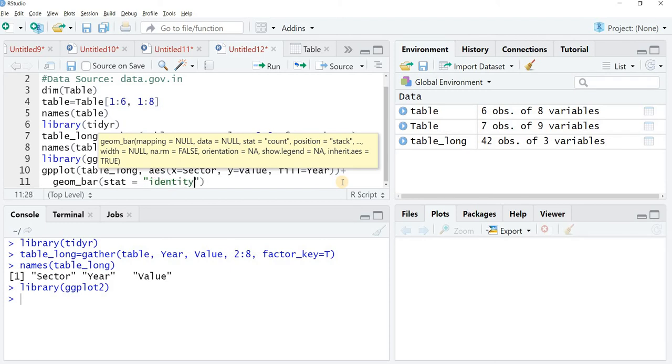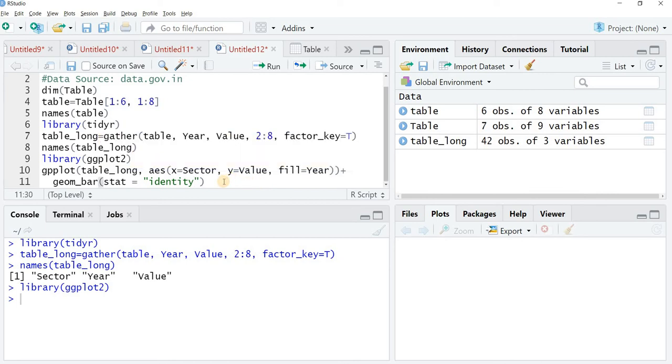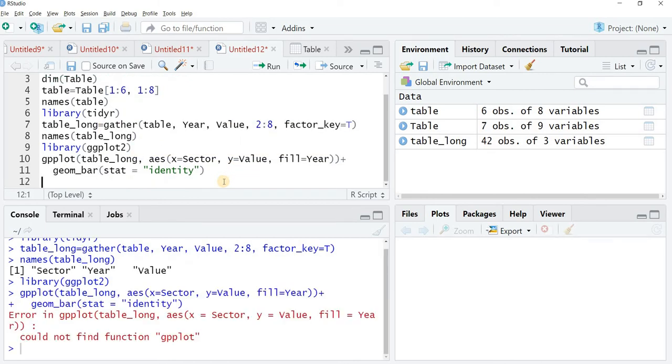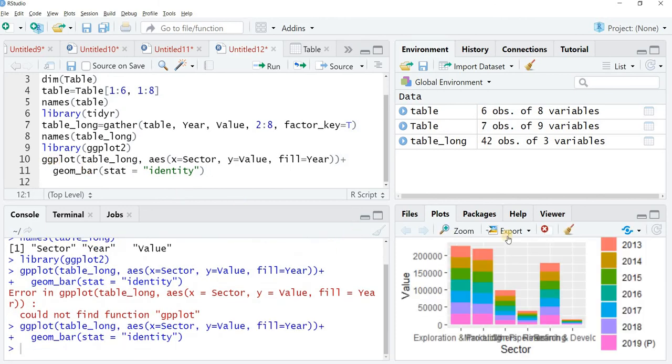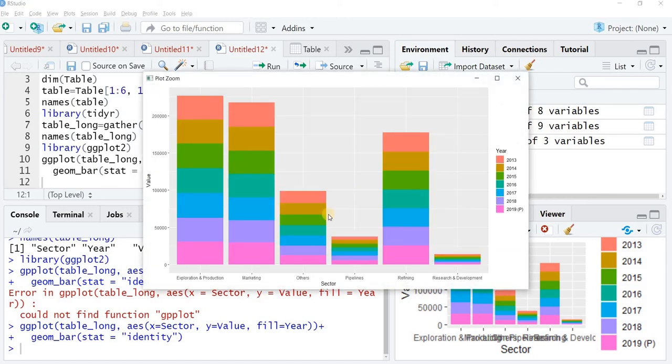You need to mention this. Now I don't get this function ggplot. I have written it wrong over here. Just see, so be careful while writing your functions. Now you have your plot. Fine, very simple. So this is a plot which is tagged year-wise for various sectors.